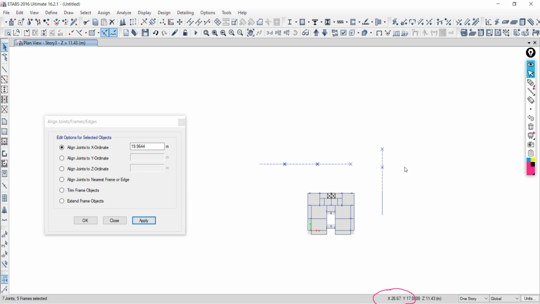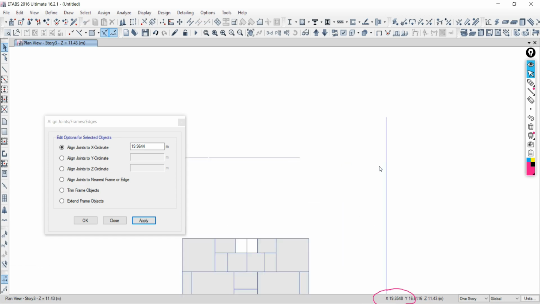Just select this. Sir, how to select the joints of the beams? Okay, see this joint. Just click over that, or drag it from right to left, and let the point come inside of the box. If you want to select only the joint, just drag from left to right, and all the elements which come completely inside of the box will be selected, so only the joint is coming inside.